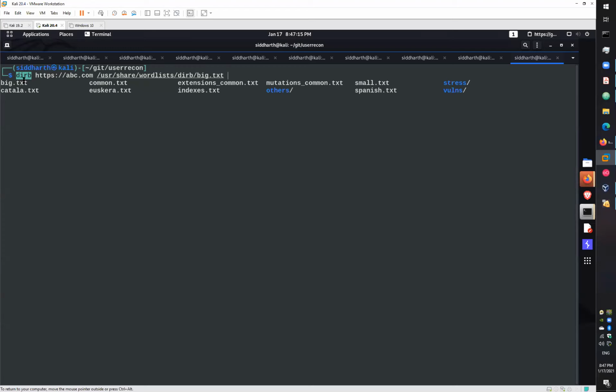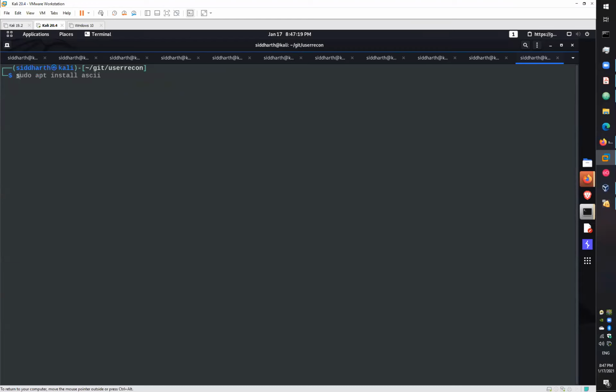If you are looking for subdomains, for that we used one more tool yesterday. It was Sublister, right? Sublister will give you the subdomains for that domain.